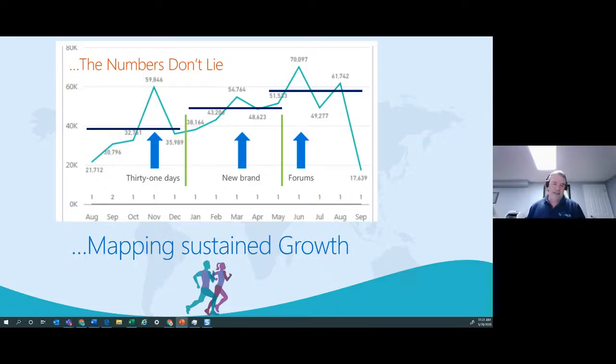You can see right up here we had this massive spike and then drop off. But again, retaining growth, and the period of time in which we were able to keep those users on board. So being able to look at this data over a period of time, that time dimension coming up as a topic, was really important.